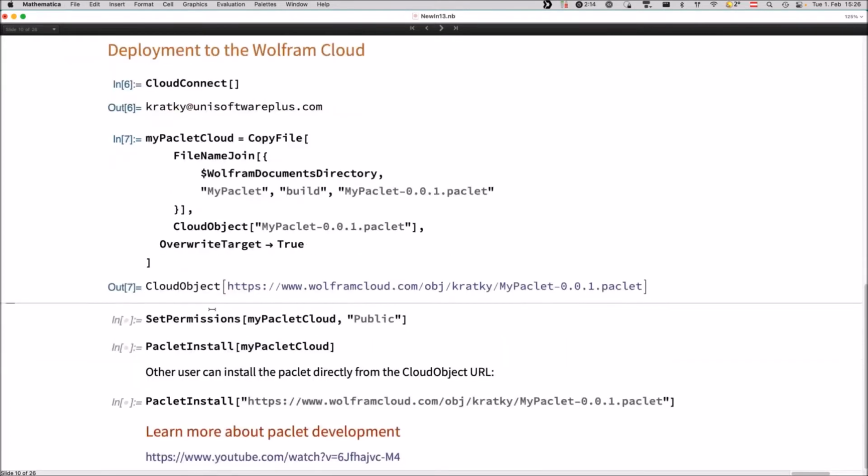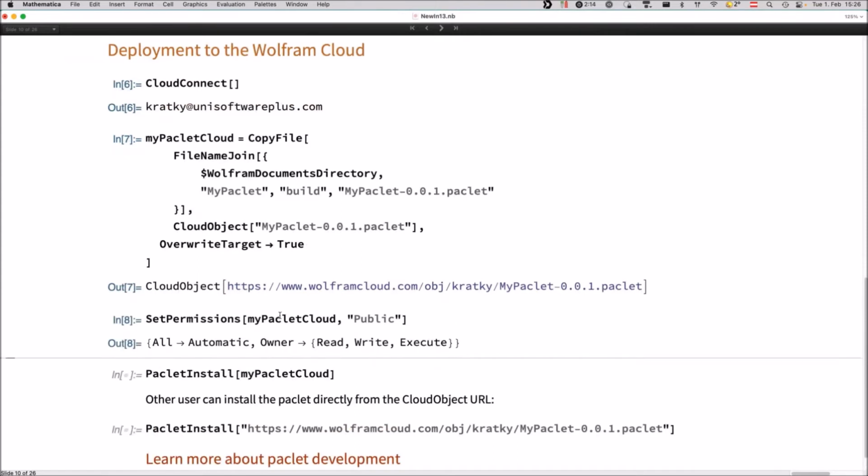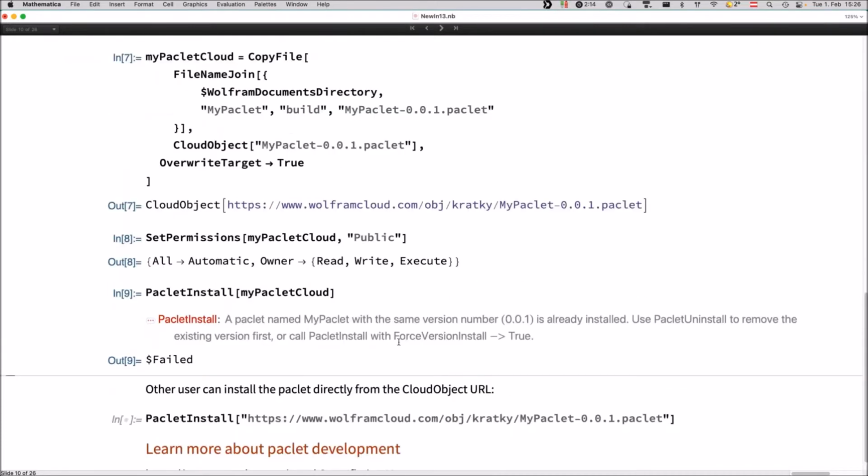I can use set permissions now to make this thing public. And then, for example, I can very easily use the Packlet install and this will actually download the Packlet from the cloud and install it on the system. Actually, it doesn't work now because I have already installed the local version of this Packlet on my machine. But I'm pasting this command here to the chat, so that if any one of you runs a Mathematica session, you can now simply run this command and you will have this Packlet automatically installed on your machine from my